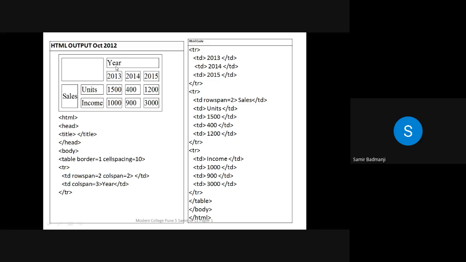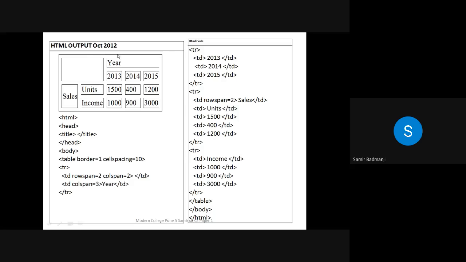Now see this year, it is written on the left hand side. Suppose in the board exam, this year was written in the center. Then which attribute could you have used if this year was there in the center? See, after colspan equal to 3, you can just write align equal to center. So what would have happened? This year would have been aligned to the center. Okay. And for this year, see, we have written colspan equal to 3, because for this year, 3 columns are there below. So this is the first row.